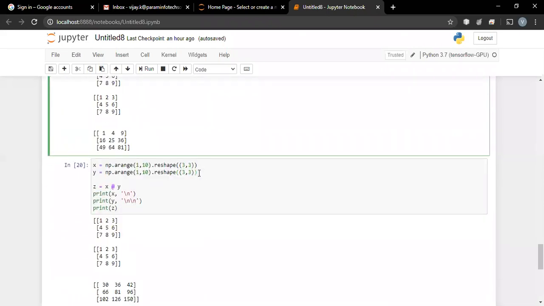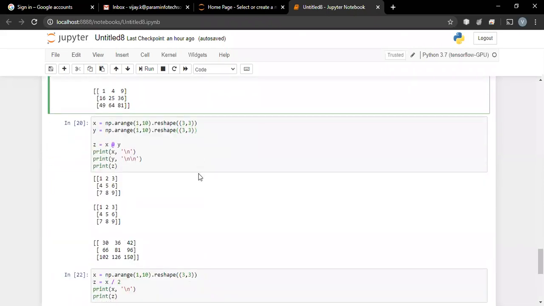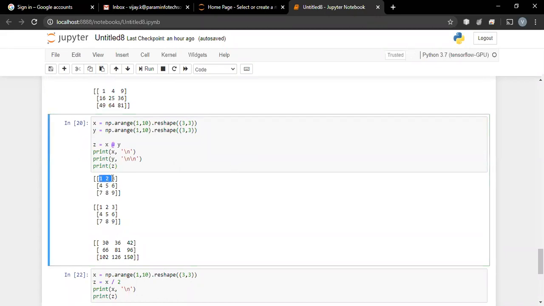But if you want the matrix multiplication that you normally go for, it's first row into first column, which becomes our first element. First row into second column becomes our second element. First row into third column becomes our third element. Second row into first column becomes this element, and so on.